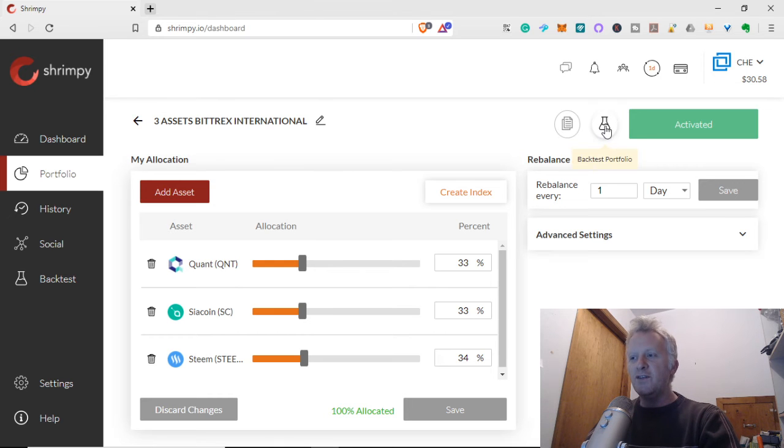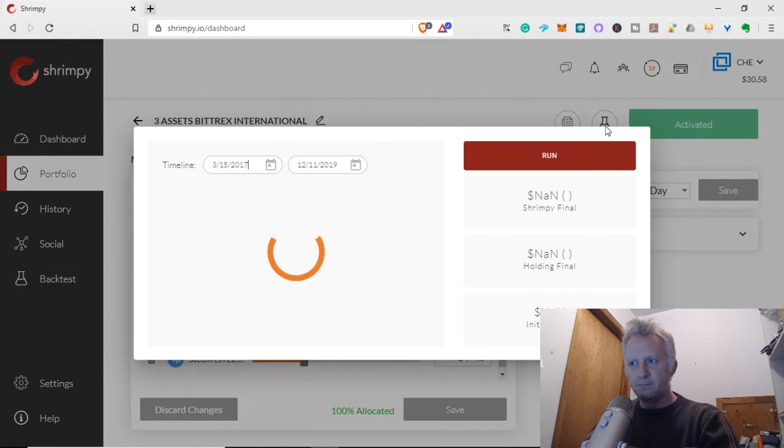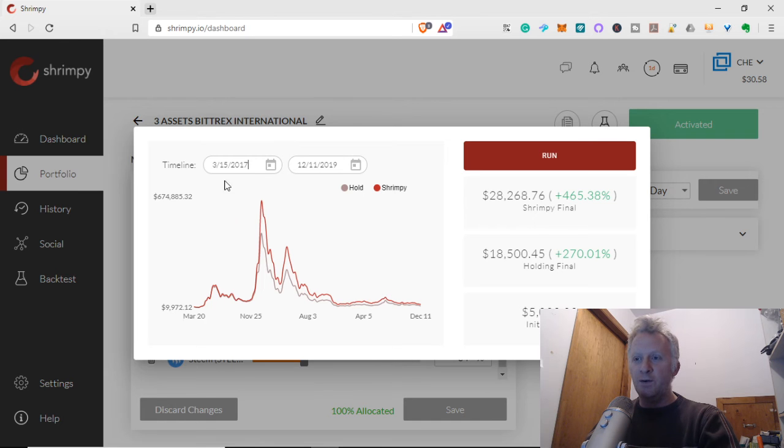And another great feature is the backtest portfolio. So basically, they test your portfolio over the last 2 years. You cannot modify it. All the time, the backtest is with $5,000. If you invested $5,000 before the bull run versus holding and implementing the strategy, you will make more. Look, supposedly, if you rebalance with the strategy every day before the bull run, you